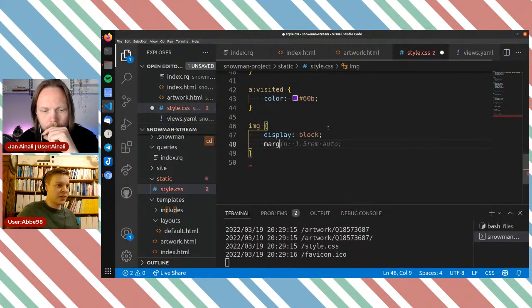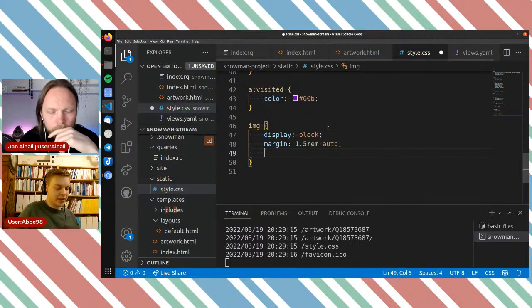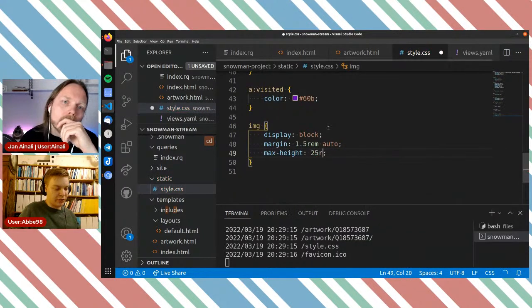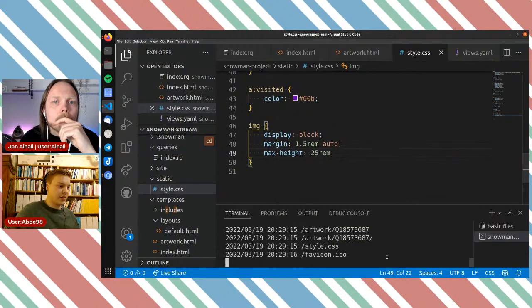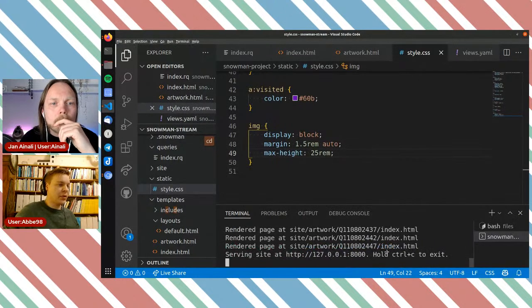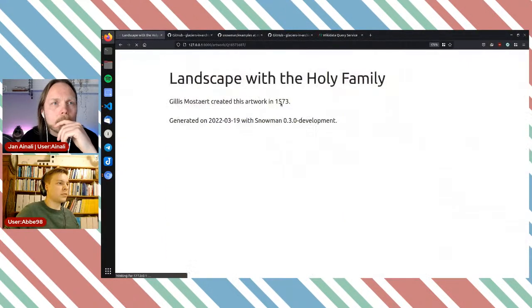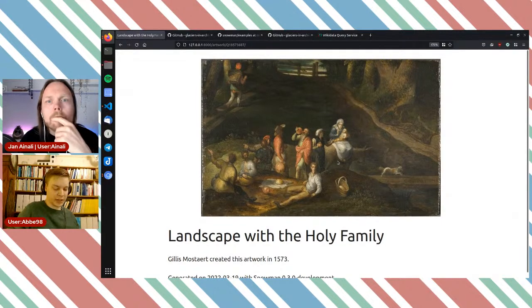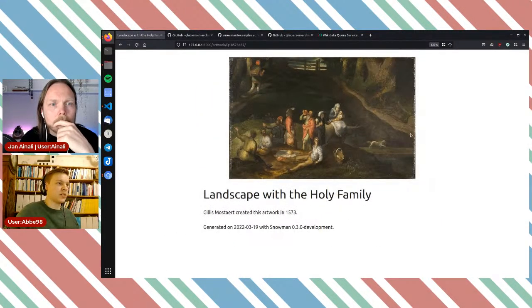I also want it to be centered, and I want it to have a max height. And let's do that 25 rem. And let's rebuild the page and reload. And we got a much easier view. I can actually zoom out a little on this page, something like that. And that's great. We got a kind of nice artwork page here.